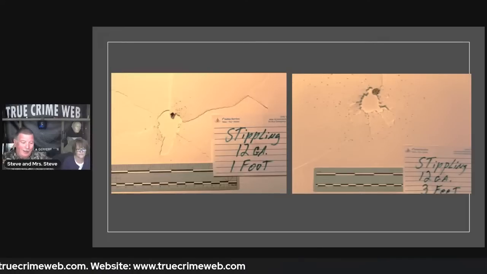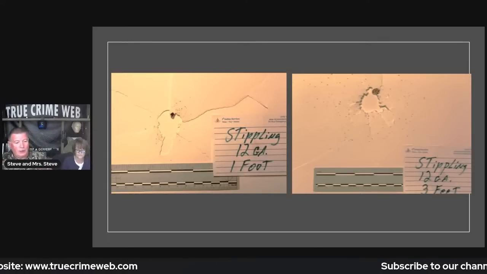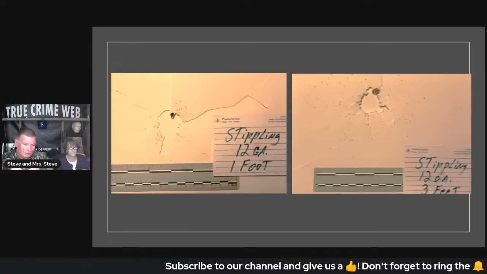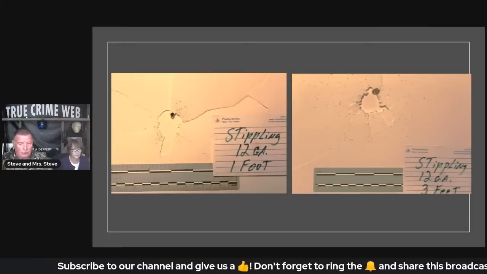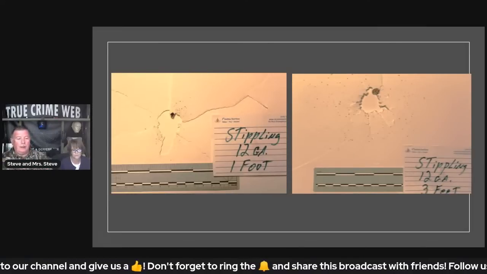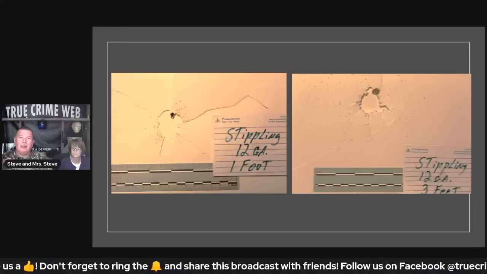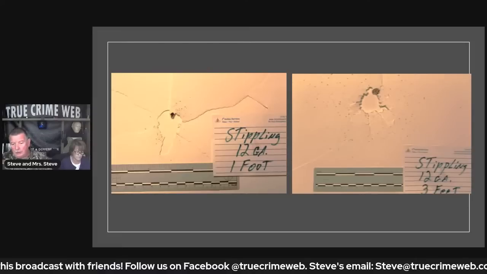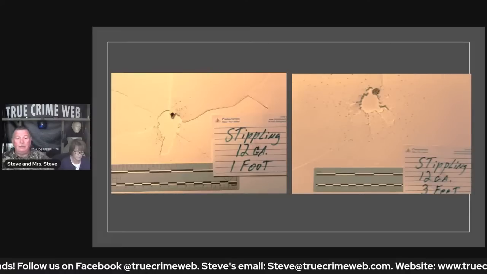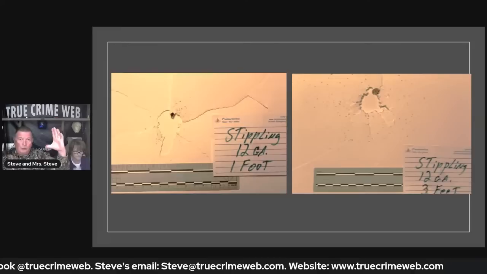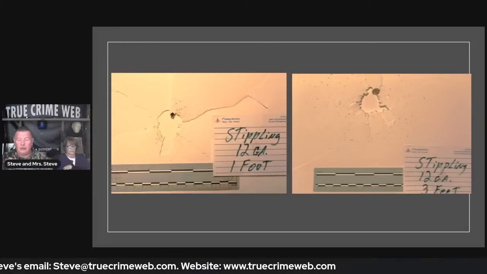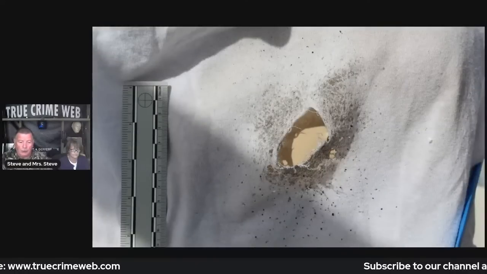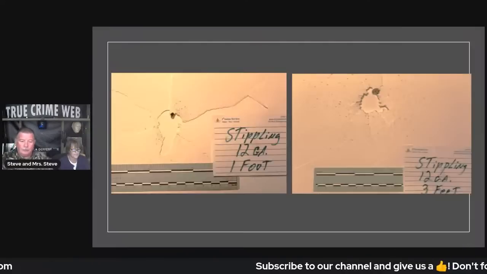And as you see, when this shot shell was fired, it went out, and the shot shell actually took most of the stippling with it when I shot this cardboard at the 1 foot. And you're probably only looking at an area that's about 2-3 inches around. Whereas when I shot at 3 feet, you're getting out here where it's a much less dense pattern of stippling, and the shotgun's further away. So you would have to look at it and see that, okay, this is pretty close because we're only 3 or 4 inches.